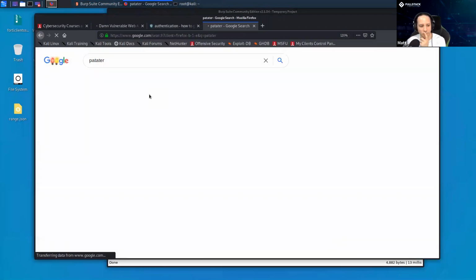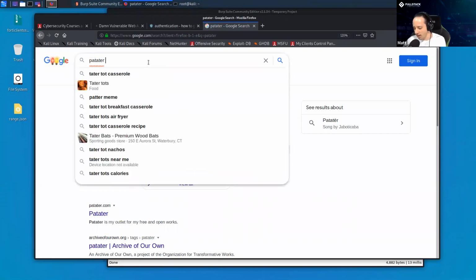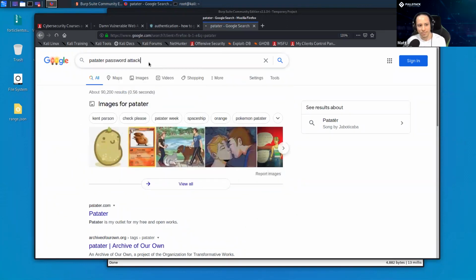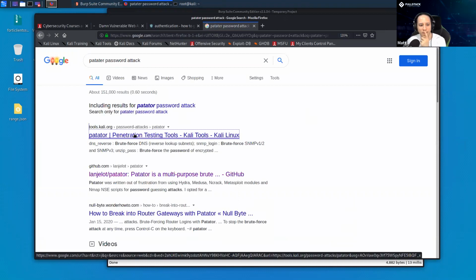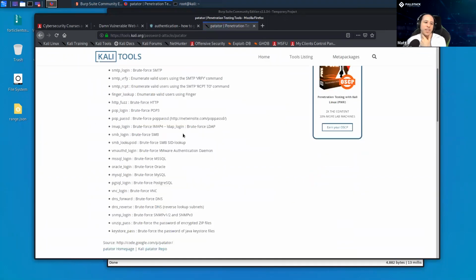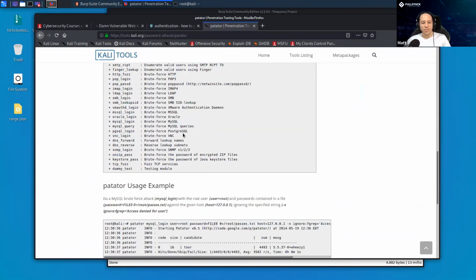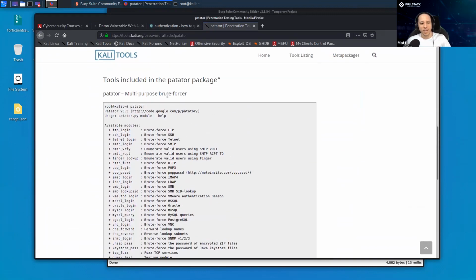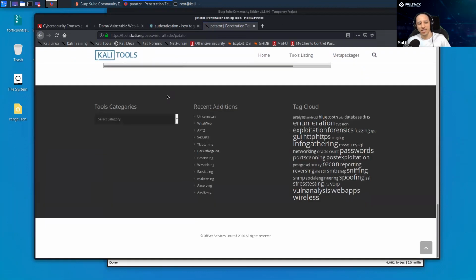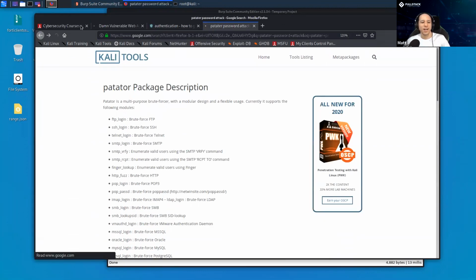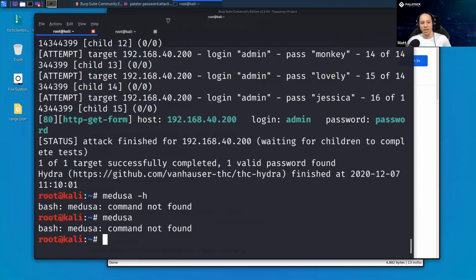Patator. Oh, that's not helpful. Password attack. Patator. You can try this tool if you're interested in it. It's useful. I think in the README of the guy that made it, he was too frustrated using Hydra and he wanted something that was a little easier to use. Your mileage may vary. The point I want to show you is that this is how the tool works. It's up to you to choose one of your tools and just get familiar with it and friendly with it. Cool. Questions, options, concerns.